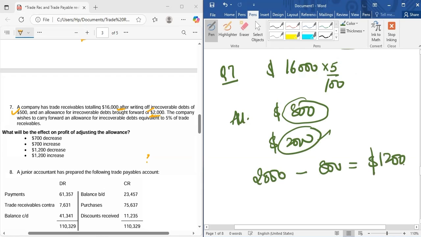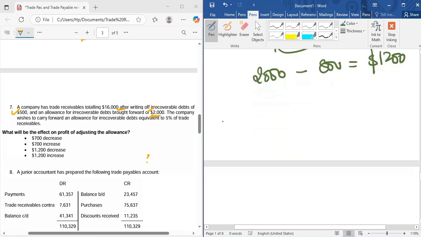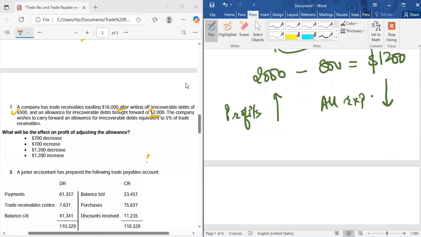So what will be the impact on profits? It is very obvious that allowance is an expense, and when we decrease our expenses, our profits would increase. Because we are reducing our expenses, we are spending less, so our profits would increase by $1,200. All right,